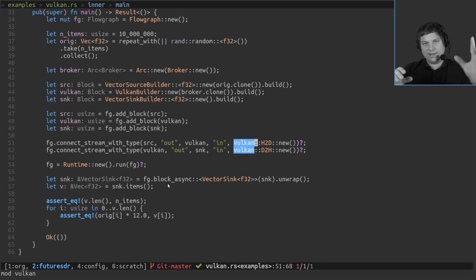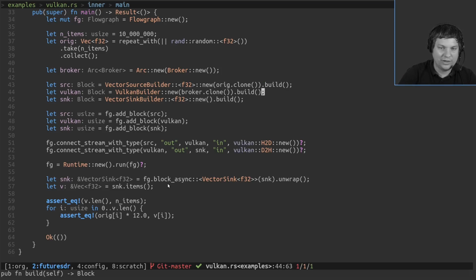And the writer has this host API surface, and the reader has whatever Vulkan thinks its custom buffers should have. And now you have this edge between the source and the Vulkan block that has this host to device buffer with its two different types of writers and readers. And the opposite is there for getting from the Vulkan block back to the host. So in this case, you have a writer that has this custom buffer interface and a reader that has this host interface.